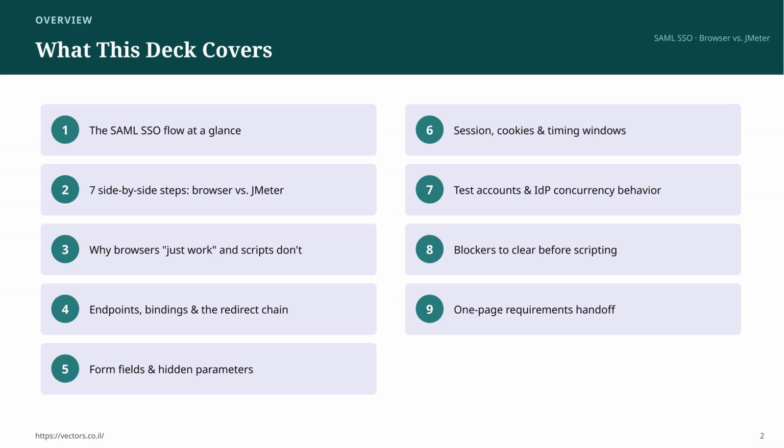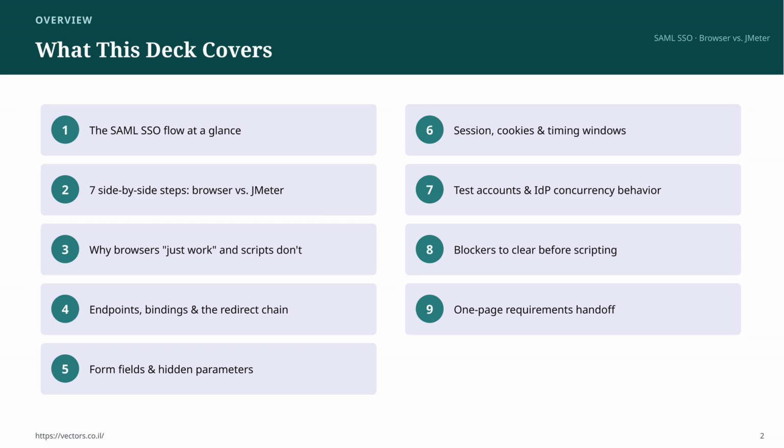Here's the roadmap. We'll start with the SAML flow at a high level, then walk through it step by step, comparing what the browser does automatically against what JMeter has to do explicitly. After that, we'll summarize why this asymmetry exists, and spend the second half of the deck on the real focus, the specific information checklist a scripter needs from the SSO and application teams before they can build a working, concurrent